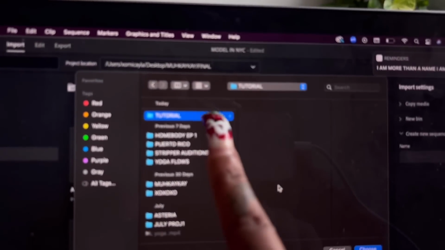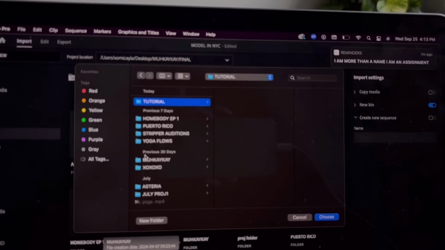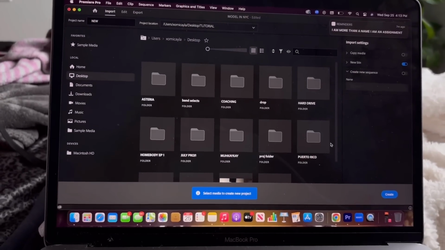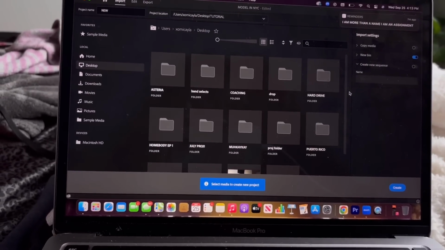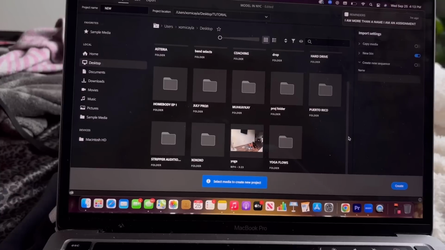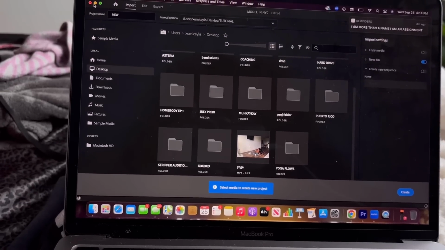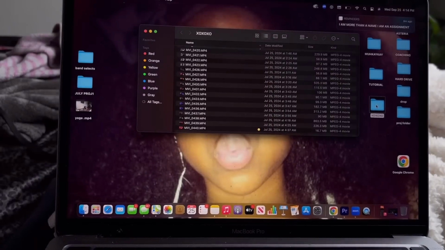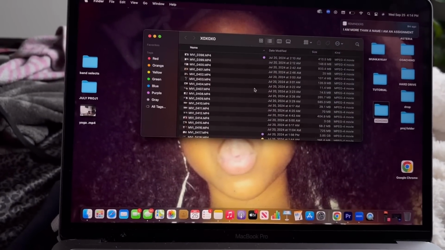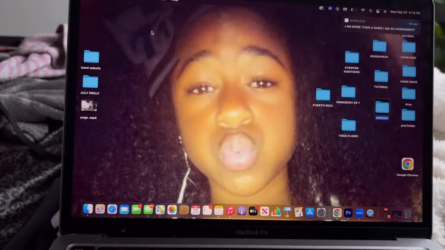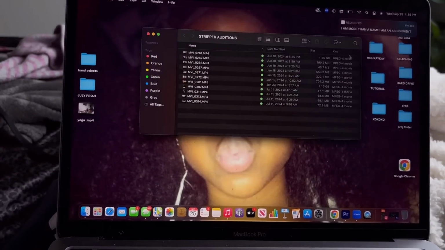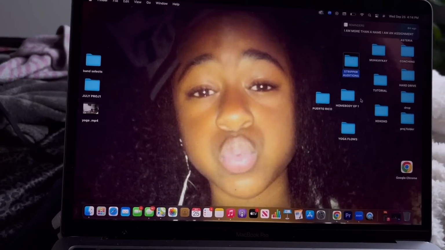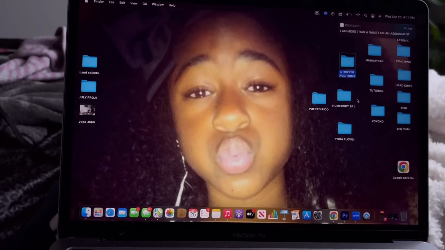Great. So before moving on, just double check to make sure that it actually created where you wanted to save. And then it'll show you all of your footage. I save all of my footage in folders on my desktop to add. So I have footage here. This is all a vlog. This is another project. So I just organize my stuff to already prepare myself when I remove my footage from